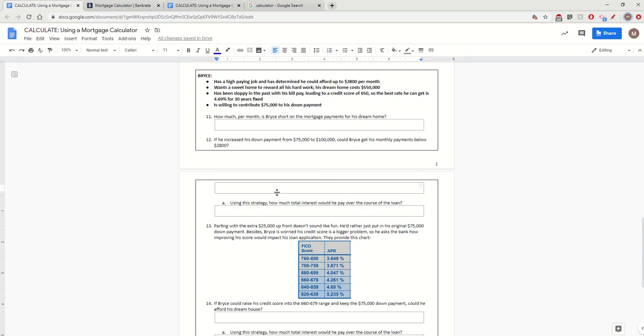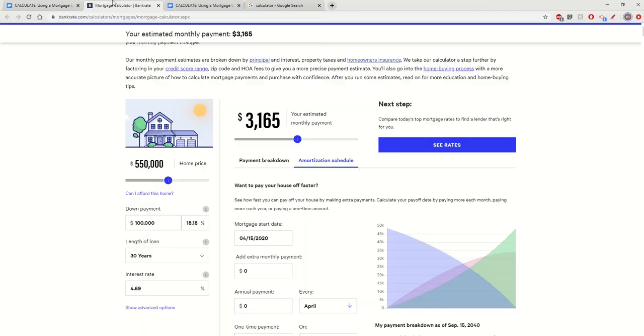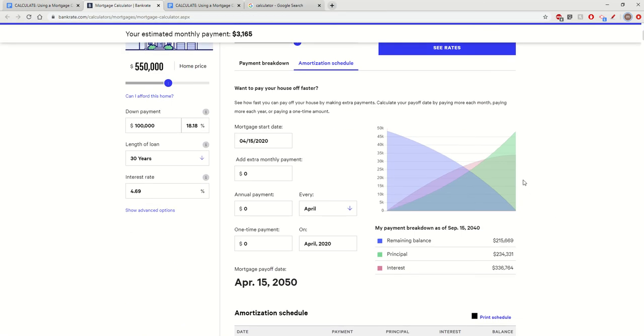And the answer is no, that he could not, right? He still doesn't have enough money. Using this strategy, how much total interest would he pay over the course of the loan? Let's take a look. If we go to the end here, it's about